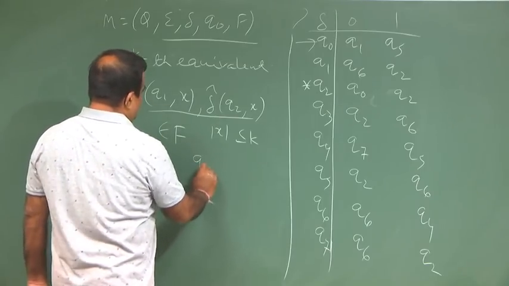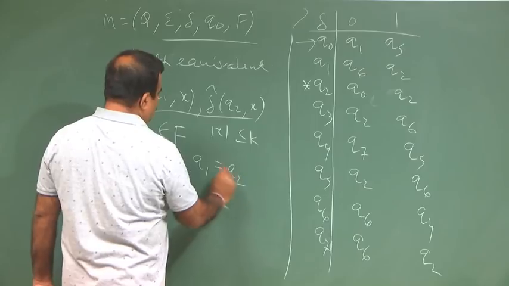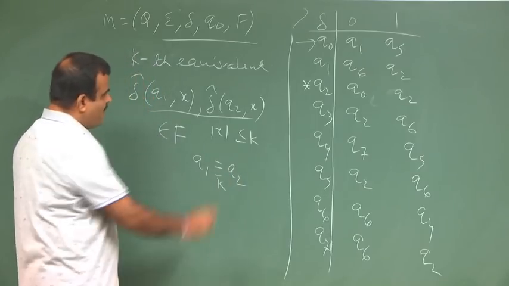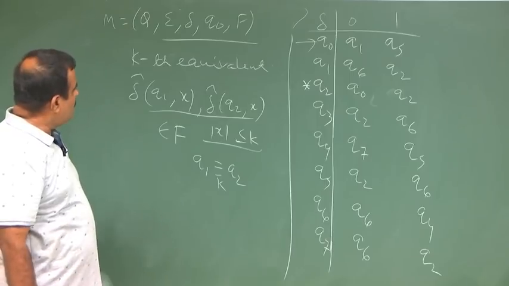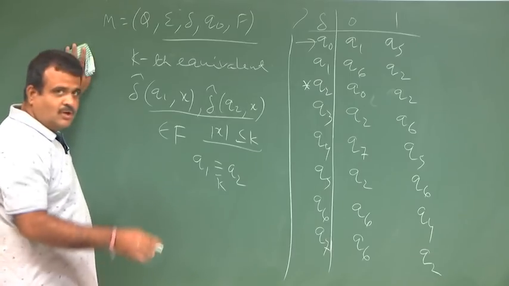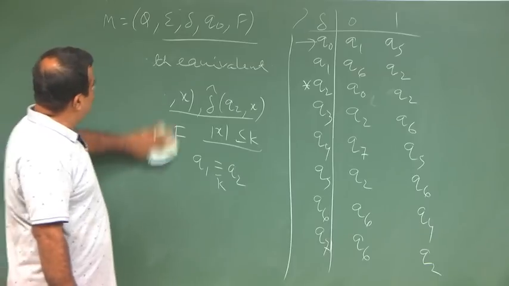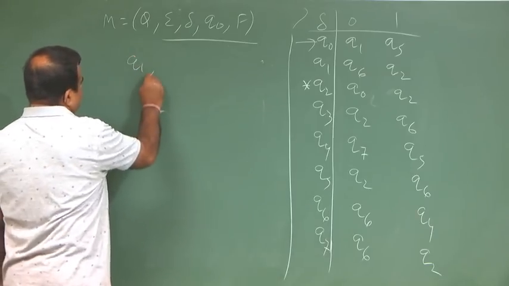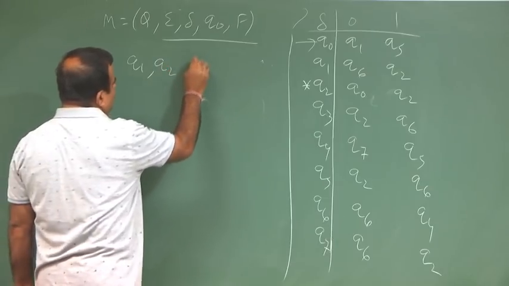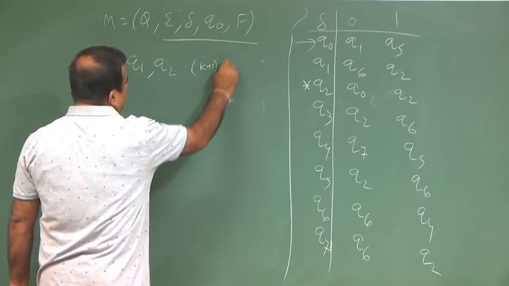Then we say q1 is kth equivalent to q2 if this is true for all x of length k. Then from here we define the k plus 1th equivalence recursively, and we observe that q1 and q2 will be k plus 1th equivalent